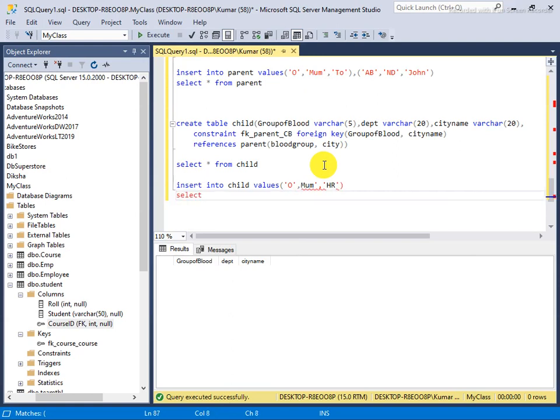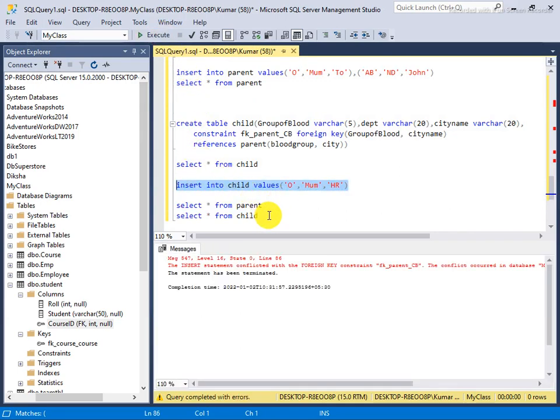Then select star from parent as well as child. Okay, so now I made an entry.